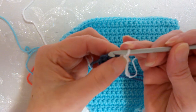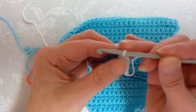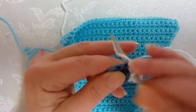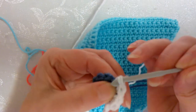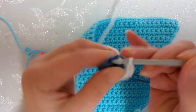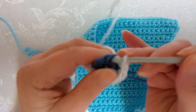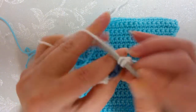And what we need to do is a 1, 1, 2, 1, 1, 2 all the way around till we've got a total of 15. Okay, so we've got 1, 2, 3, 4, 5, 6, 7, 8, 9, sorry, 10, 11, 12,